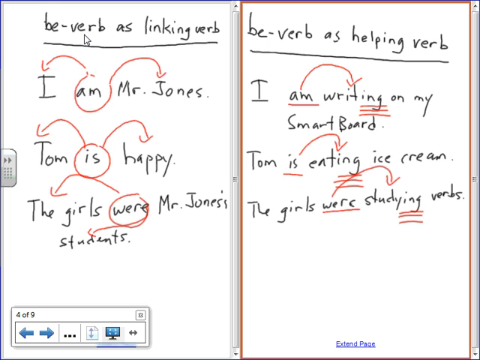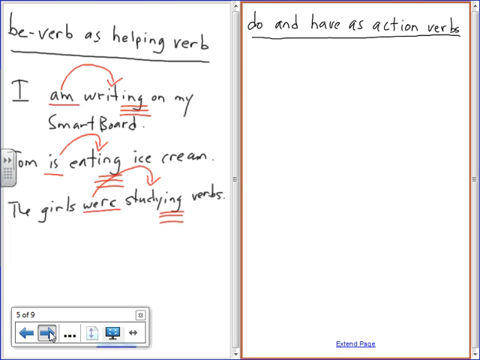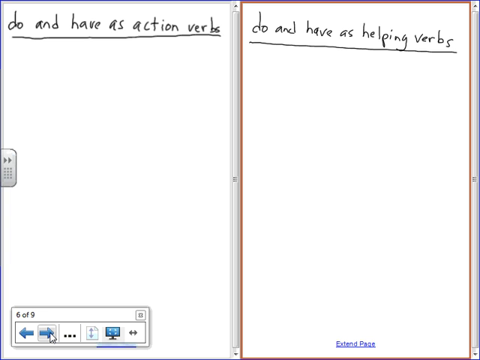Now, the next thing we need to consider, along these same lines, is do and have. So on the left, we have do and have as action verbs. Over on the right, we have do and have as helping verbs. And with action verbs, we really need to think of the basic meaning of do as in doing something. And the best examples to think of are actions that we express using do. For instance,